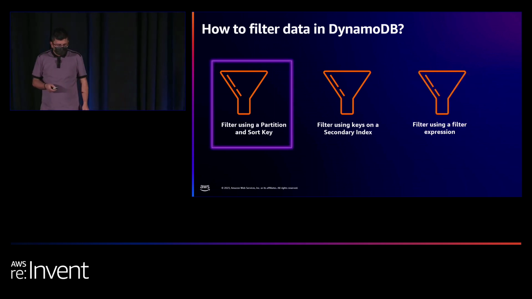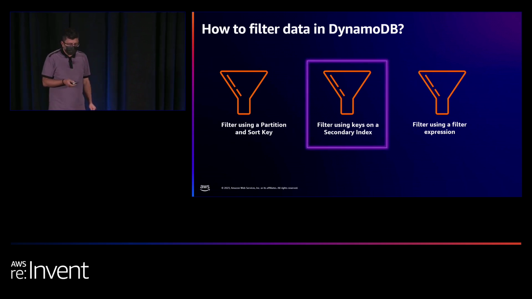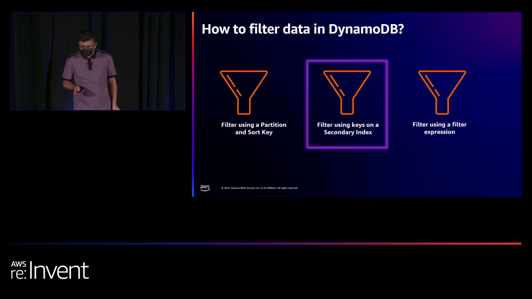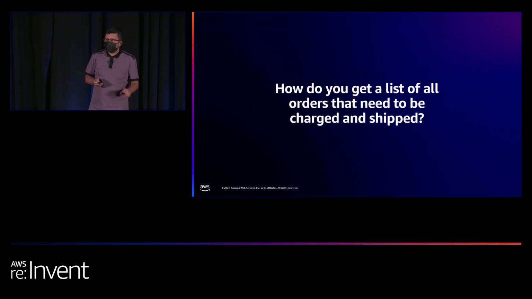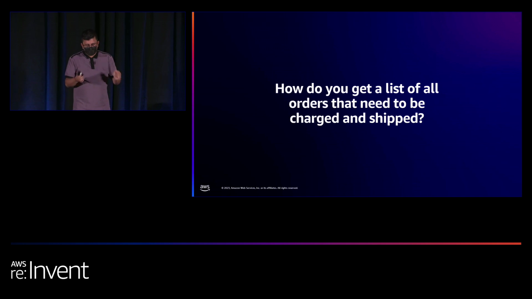So as I said, Greg already covered this section. We are going to zoom into filtering using keys on a secondary index. Now let's go back to the example that we have. How do you get a list of all the orders that need to be